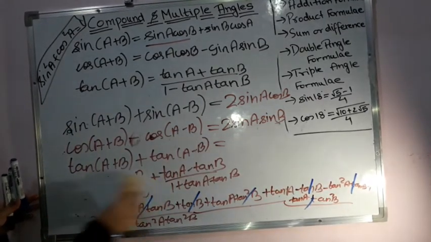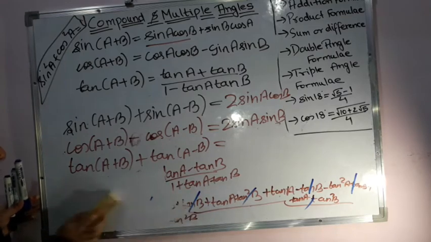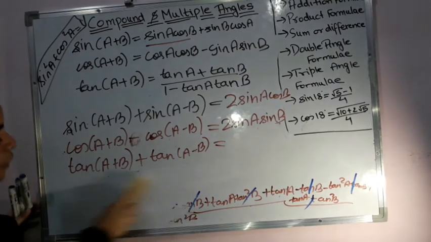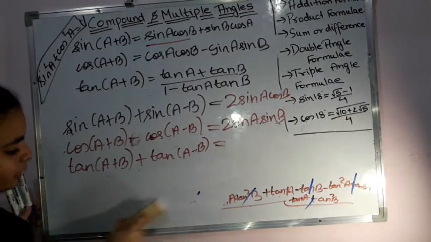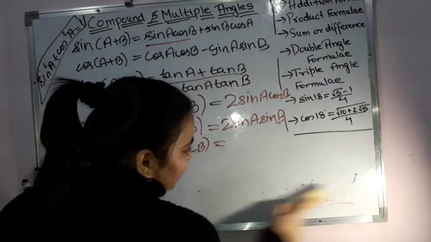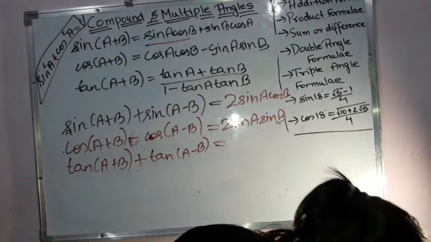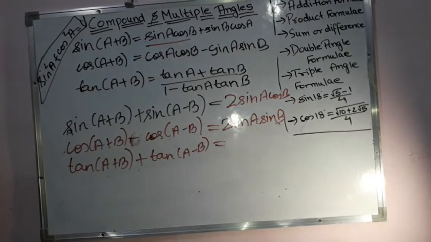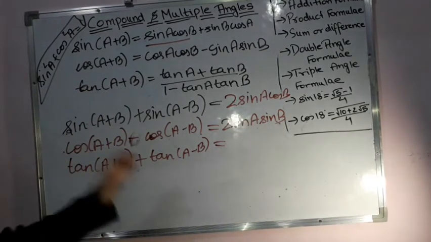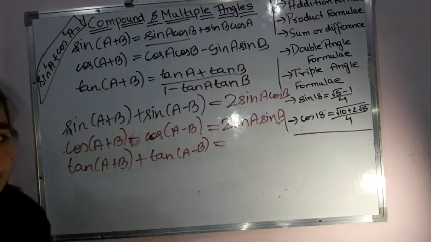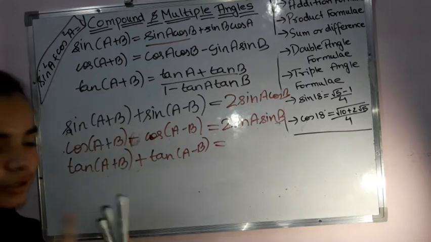So this is how you have derived this also, by just simply cancelling the terms which were there. Just taking a simple LCM and solving it. So with the help of it, you can get the value for tan A plus B and tan A minus B as well, right? So this way, with the first three formulas only, we have derived this thing also.